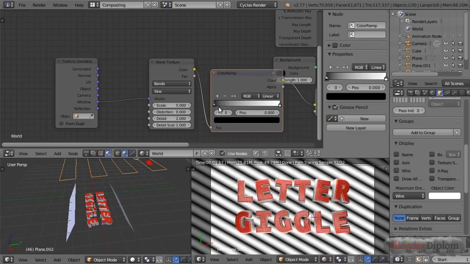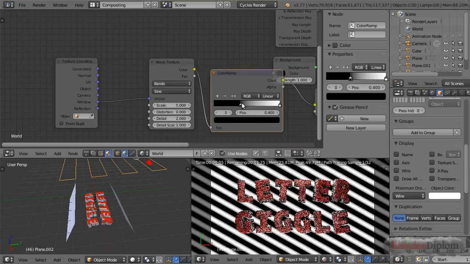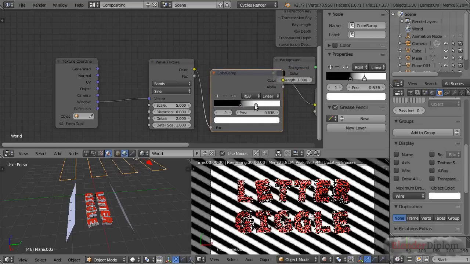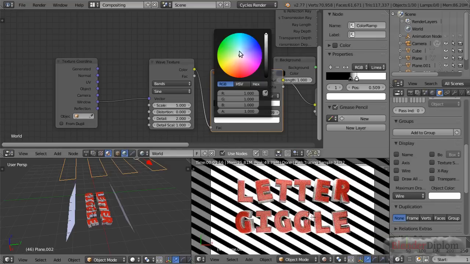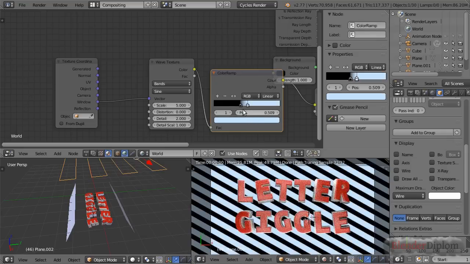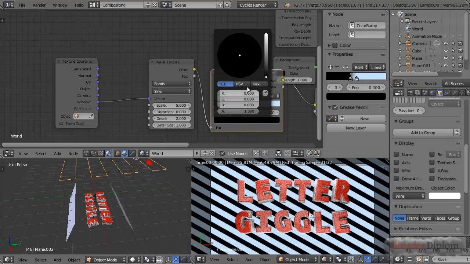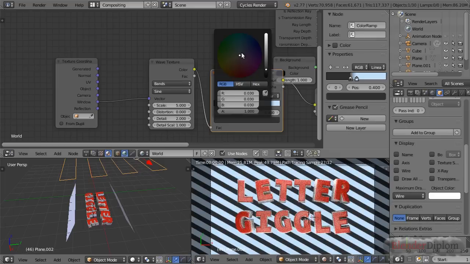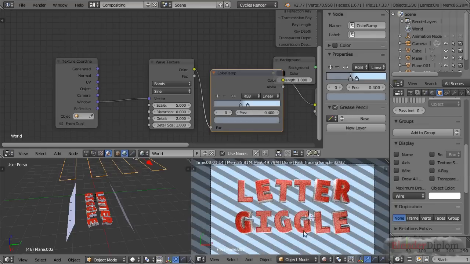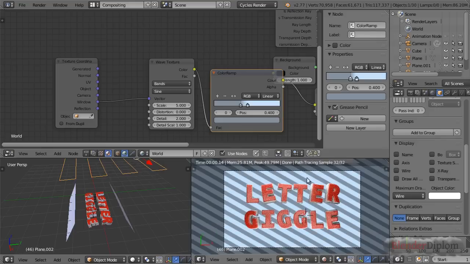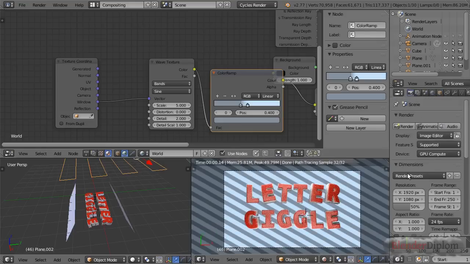First of all, I want this to be not so much like bands, but more like stripes. So let's move those two stops closer together. And then I'd like to have colors back in here. So let me select a color here and another color there, also something bluish but darker. So here we have it, and I'd still like to have a little more like in the background things should